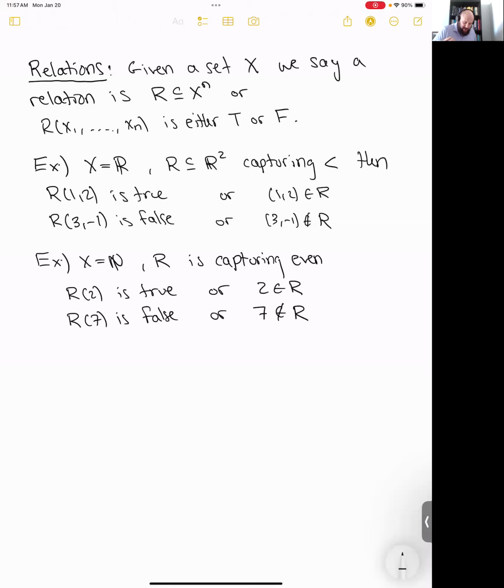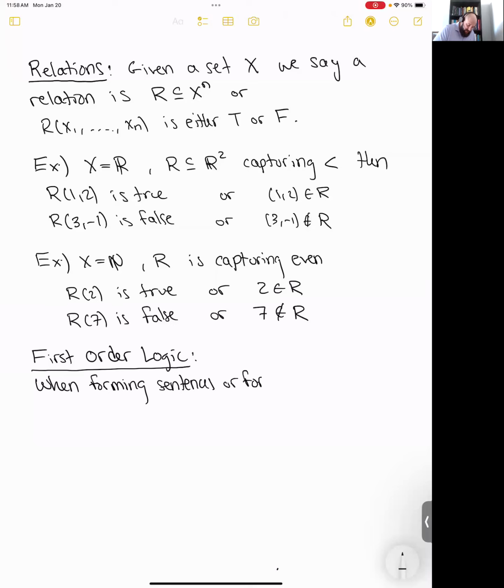Okay, so now the question is, what's first order logic, right? Or what's the idea behind first order logic? Well, this is the idea I'll write in words. So when forming sentences or formulas, so again, a sentence usually means there's no free variables. A formula is allowed to have free variables. In a language,